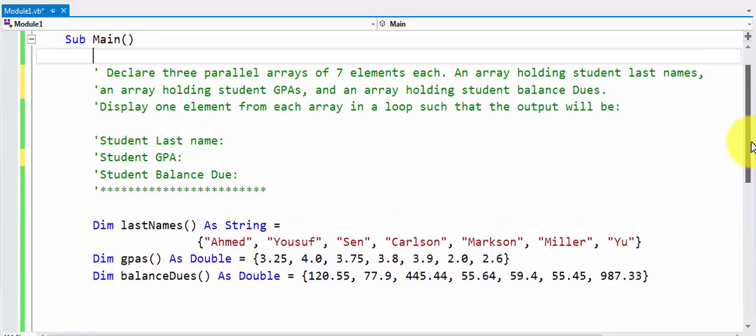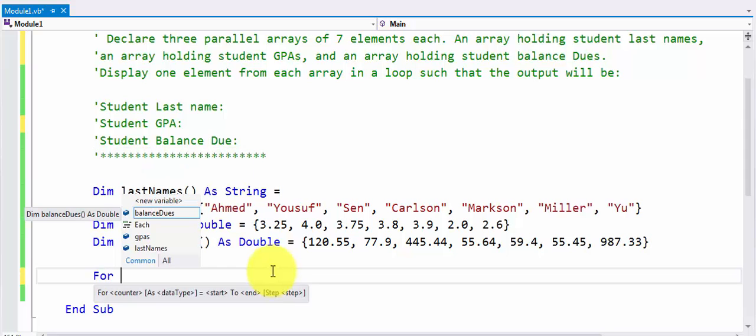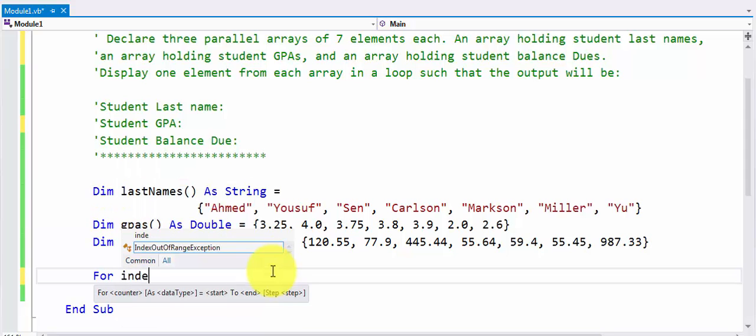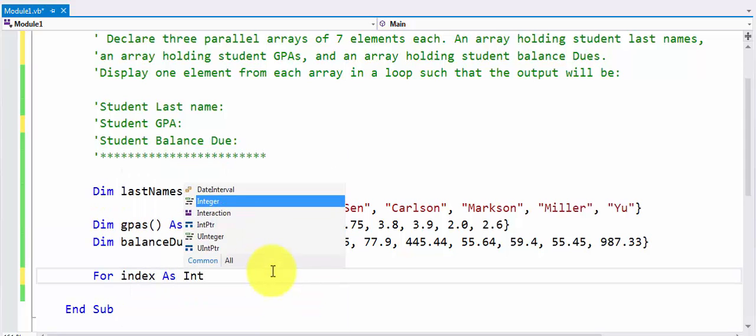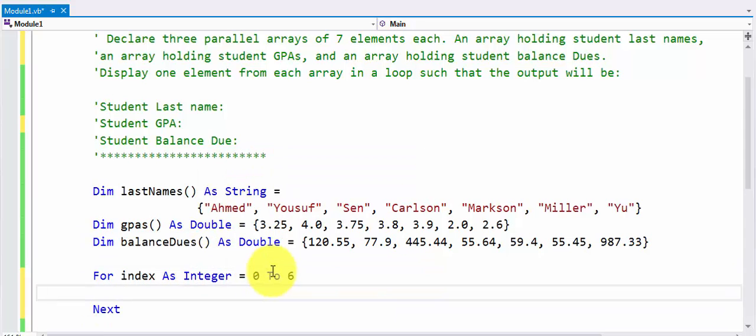So for this assignment, you are to declare 3 separate arrays, each holding a portion of the record, and then you are to display this in the following fashion. Every time the loop runs, it will display the record of one student. So we're going to grab values from the same subscript of each one of the 3 arrays. Since we have a total of 7 elements, we can easily run a loop that will iterate